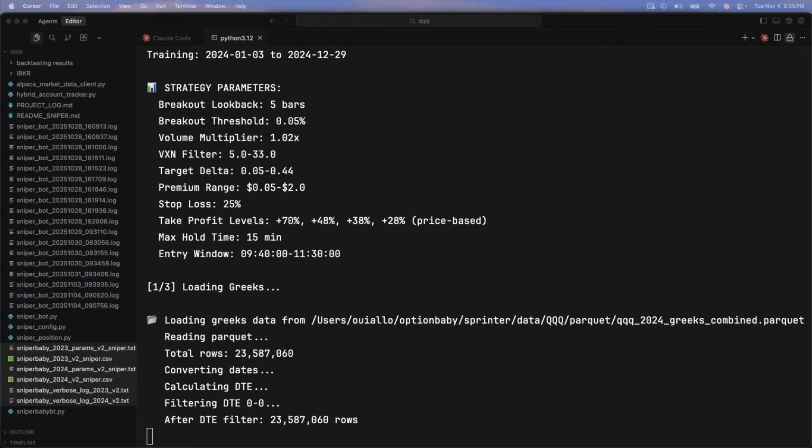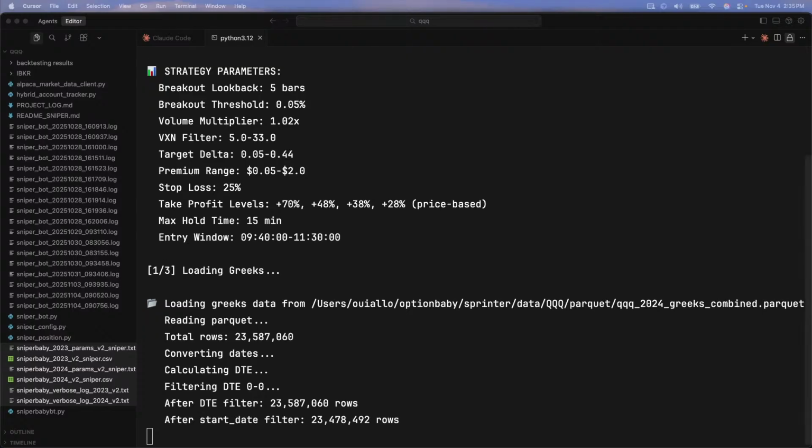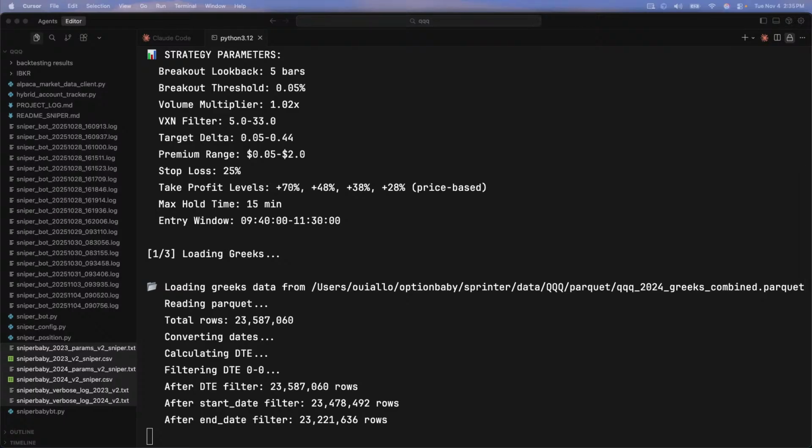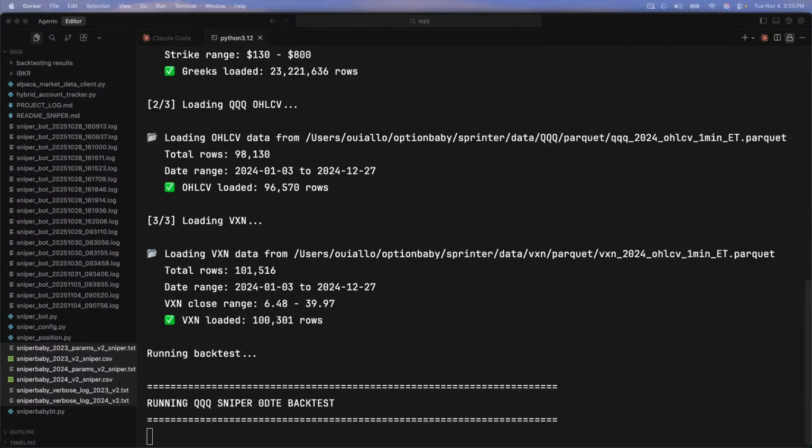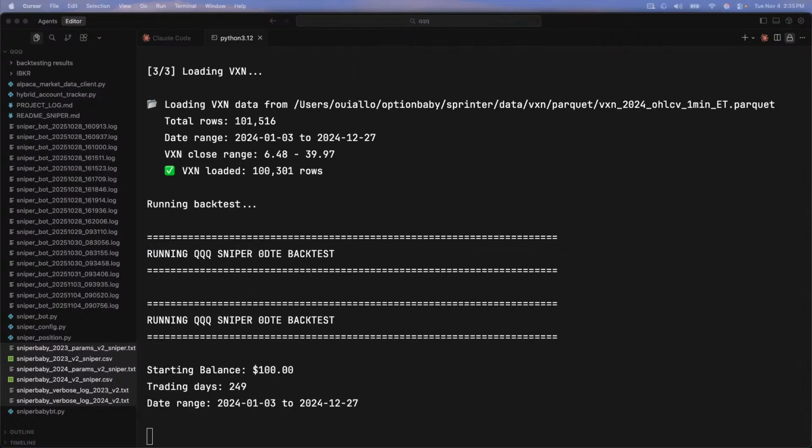And we're almost there. The goal here is to see if the win rate is going to be higher, number one. Number two, are we going to maintain the same Sharpe ratio, right? And number three, what's going to be the final balance? So I'm interested to see how this is going to play out, y'all.